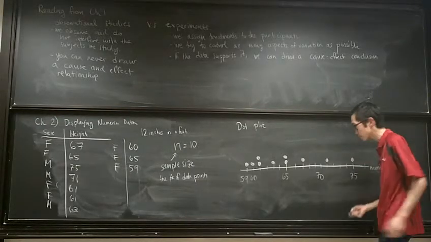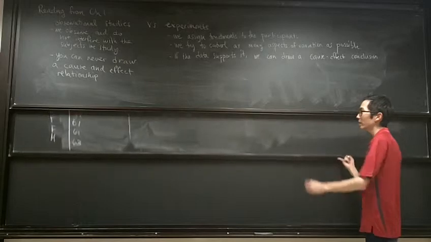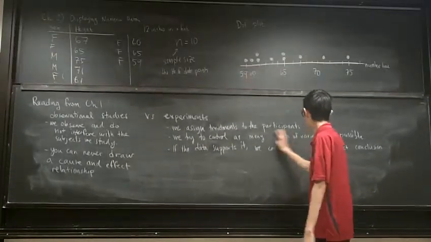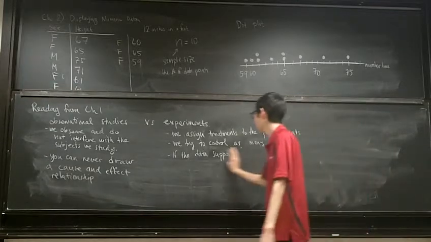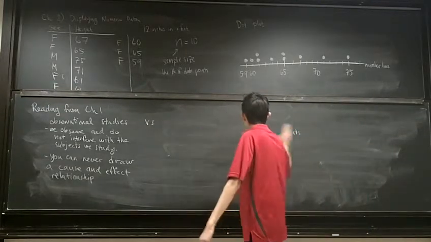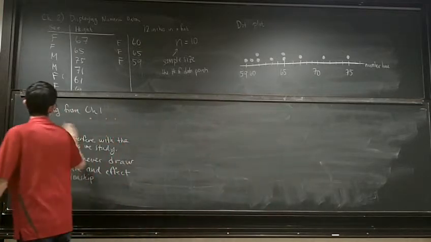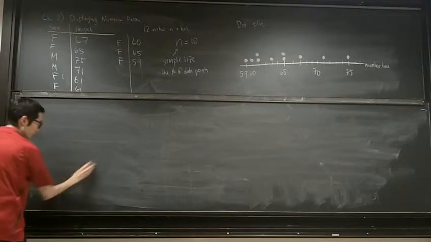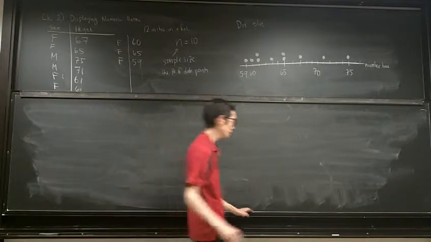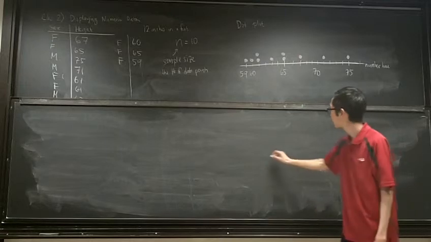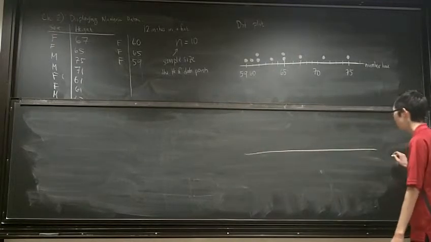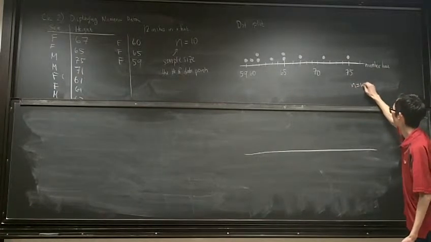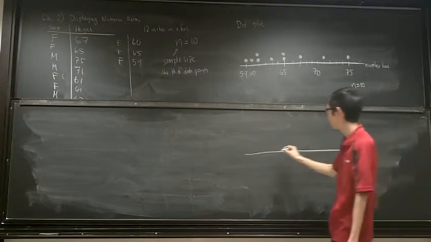And you can imagine that had we gathered data on every single student, I said, how tall are you? Your grade depends on it. And everybody gave me their height. So we have a lot more data points. This is for n equals 10. So if we had a lot more,